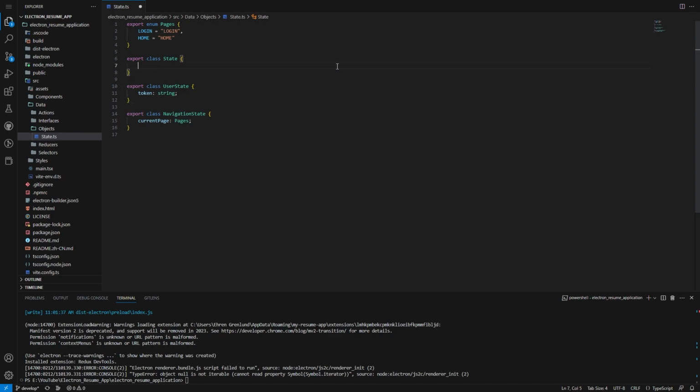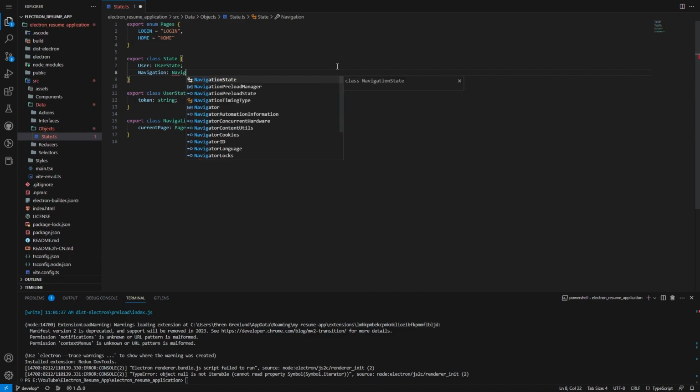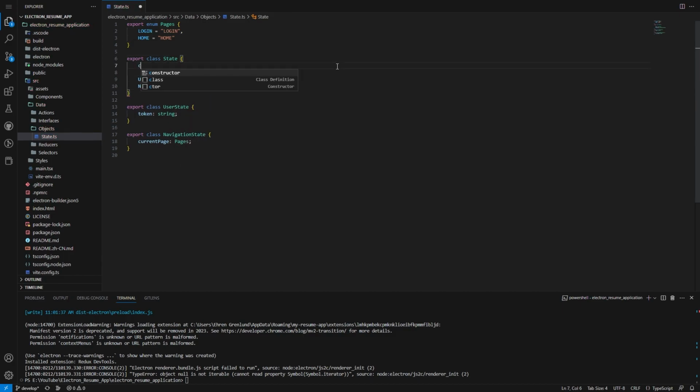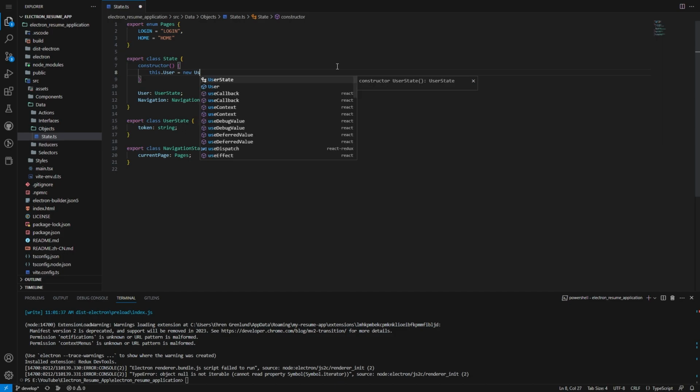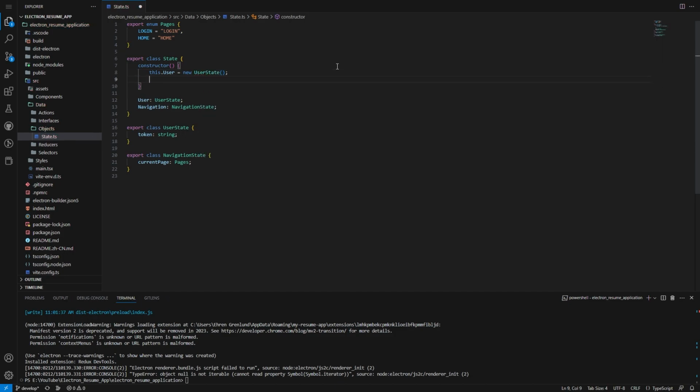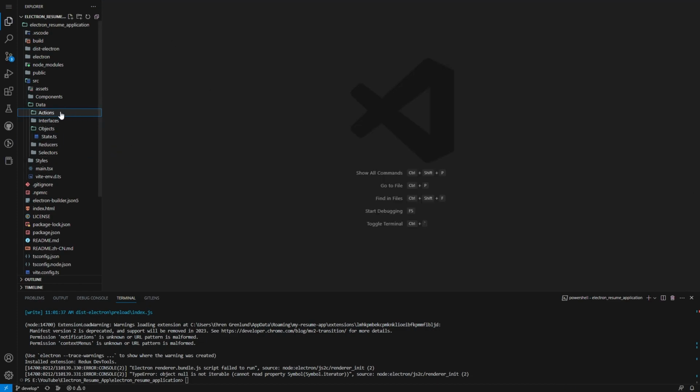Inside of our state, we are going to create user, and we'll type this as user state, and navigation state. We're going to build a constructor here. It's not going to have any props, and then we're just going to say this.user equals a new user state. This.navigation equals a new navigation state. All right, so now that that's finished,